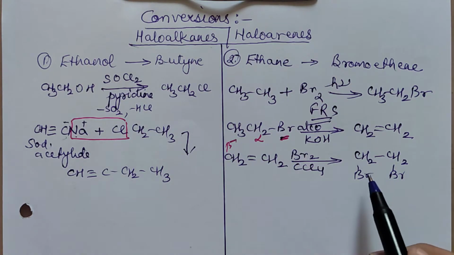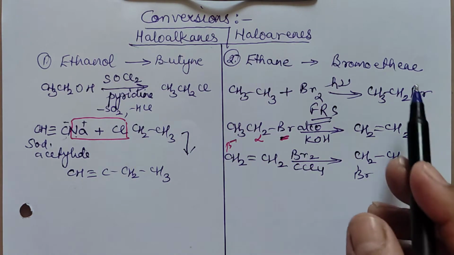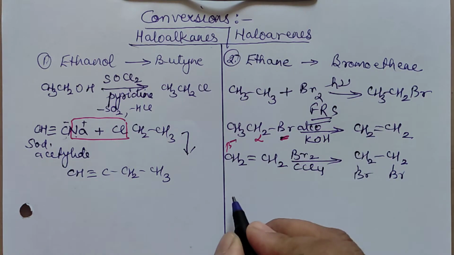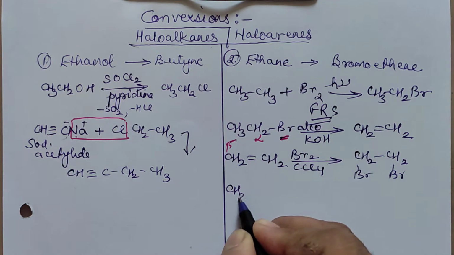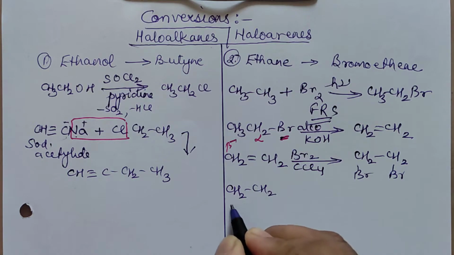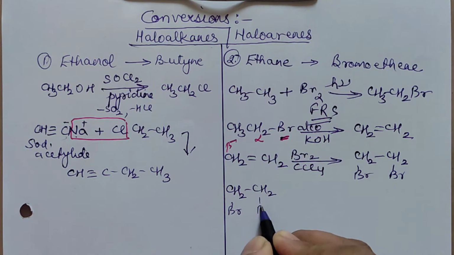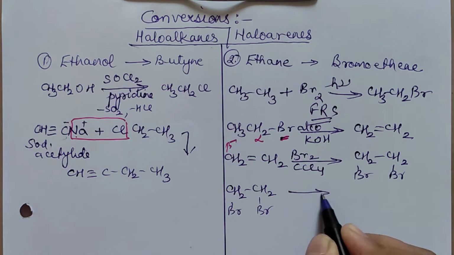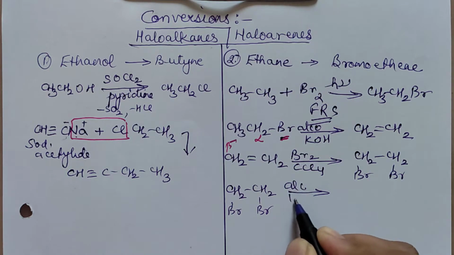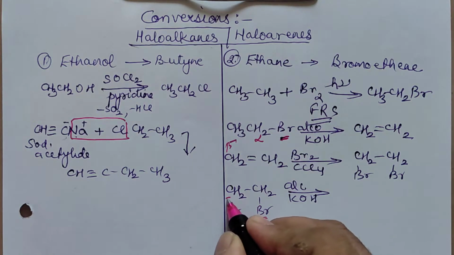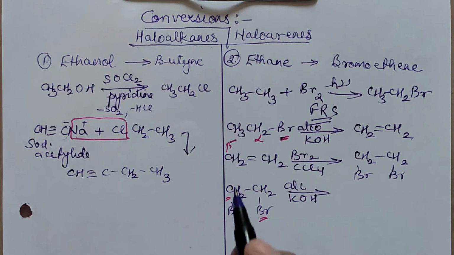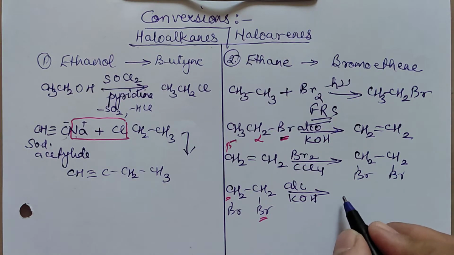We want to remove one H and one Br again so as to get bromoethene. So what we will do now in the last step, CH2, CH2, Br, Br, is react it again with alcoholic KOH. This alcoholic KOH will remove halogen and hydrogen from here, not both from the same carbon, but from the adjacent carbon atoms.